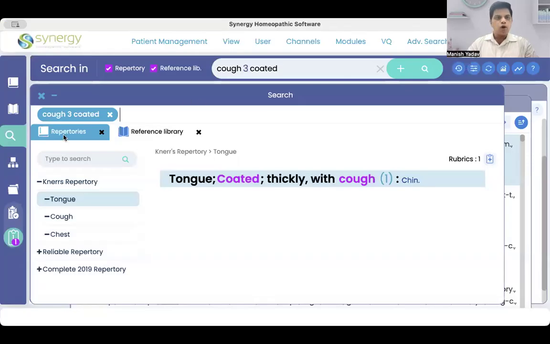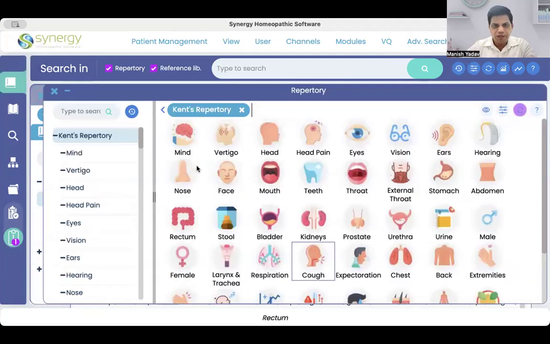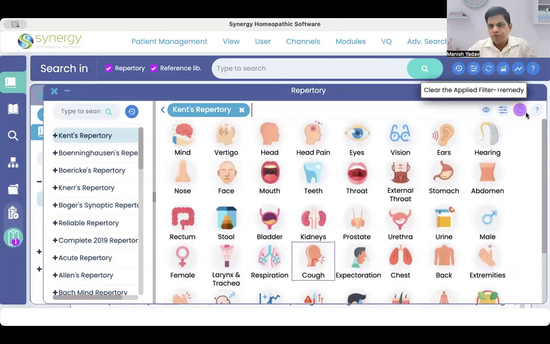So what I do is that I'll take you to my repertory. I take a lot of help from my reference work. So this is my reference work. So if you see here,